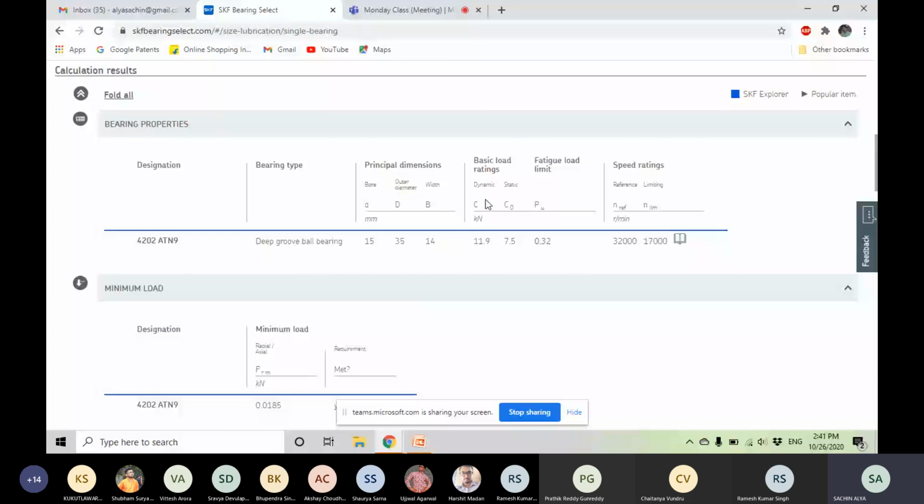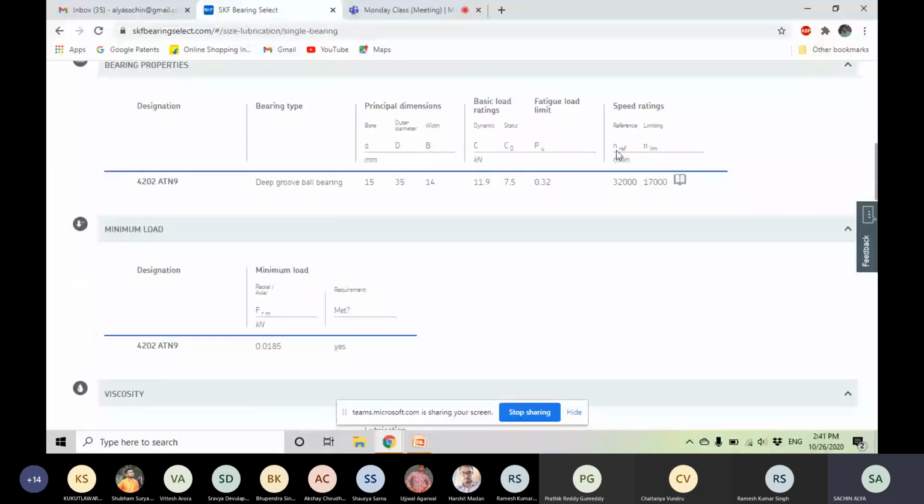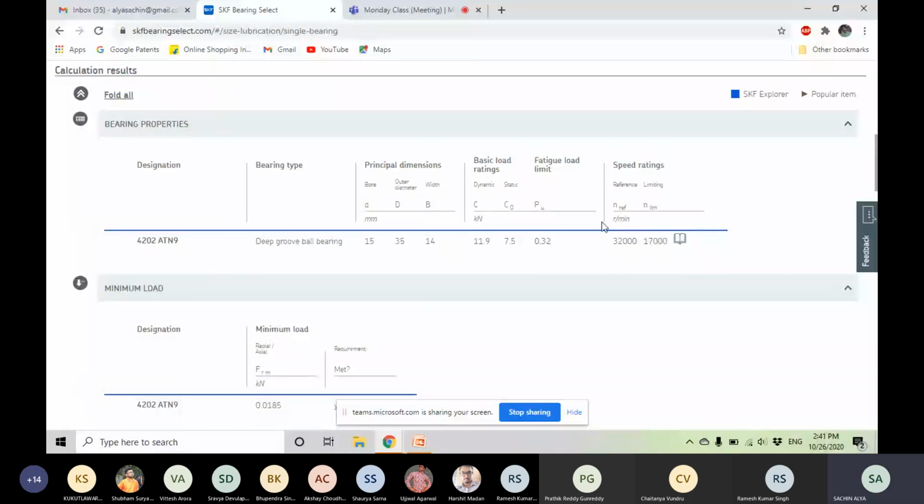Like say, these are the fatigue load and speed ratings. In speed rating, there are two speeds: the first one is the reference speed and the second is the limiting speed. The reference speed is defined by the ISO standards. They test the bearings at rated standard conditions, and based on that they give these reference ratings.